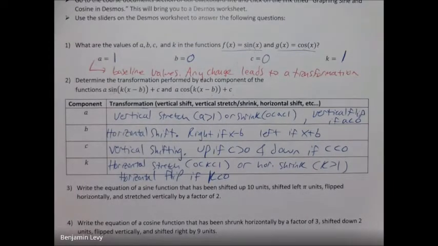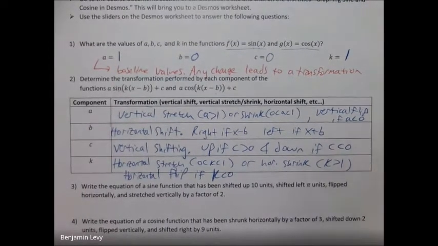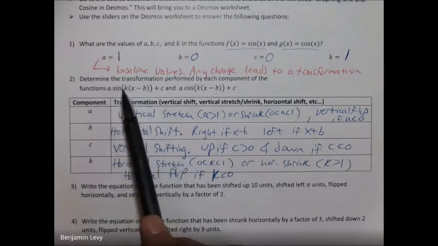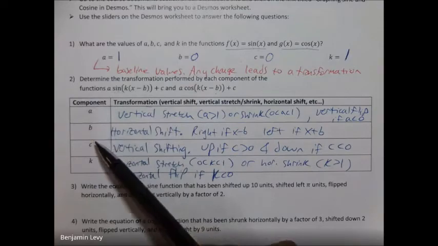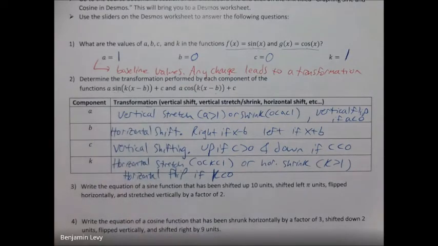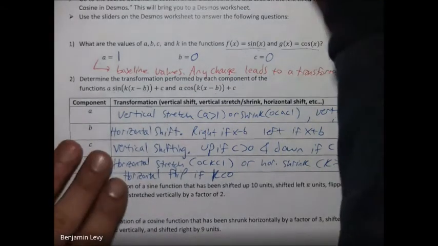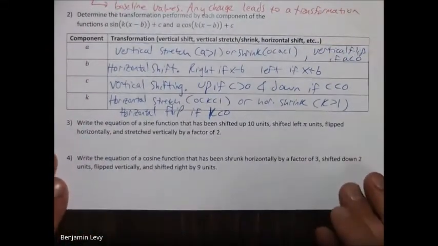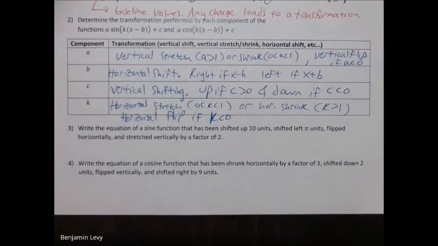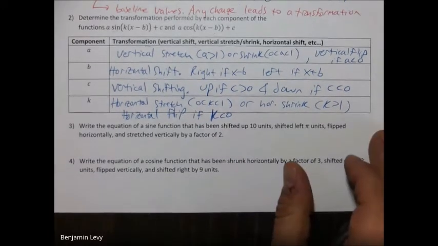Now that we kind of have an understanding of the basic form of a trig transformation, namely those two forms right there, and how each one of those components affects the transformation, we can start to think about some transformations. And so first couple we're going to look at just in words. Again, if you get what we're doing here and you think you want to give this a try, give it a go. I'll at least show you the first one, and you should definitely feel comfortable trying it by the second one,